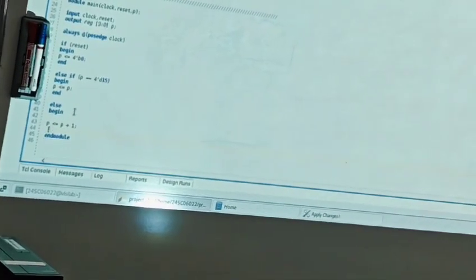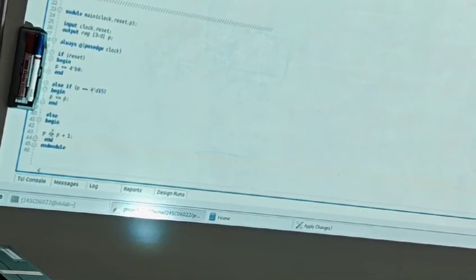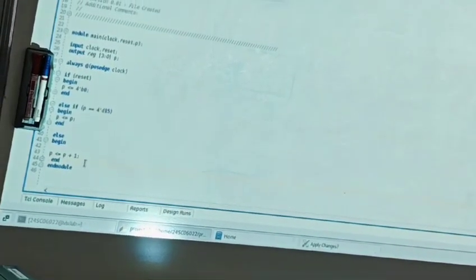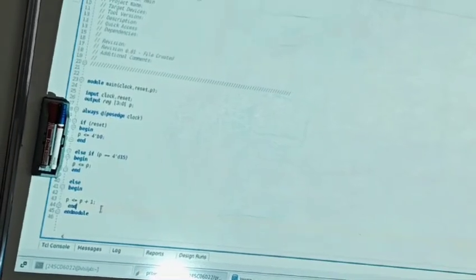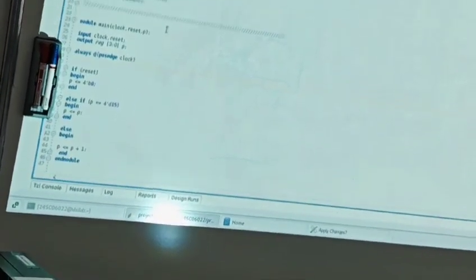Then you are writing something. It's better to put a begin end also. So after always at the rate of posedge clock, you can write the keyword begin. So whenever you are writing something like this,